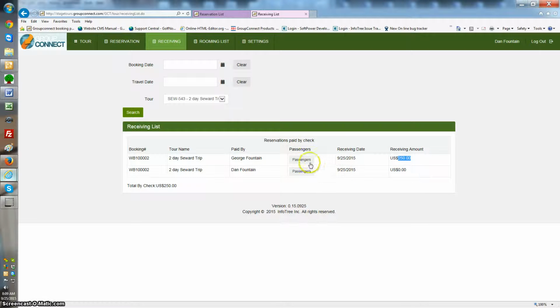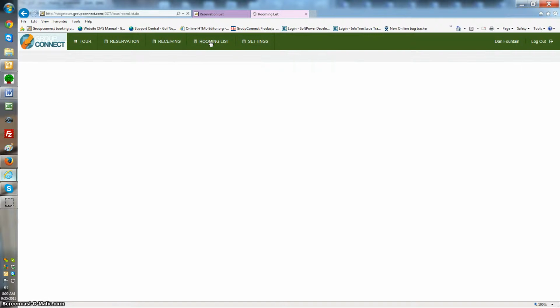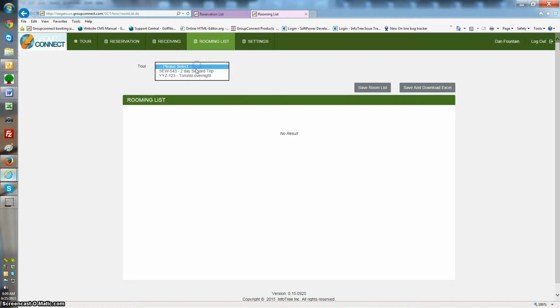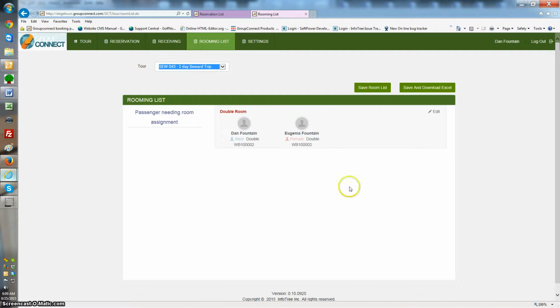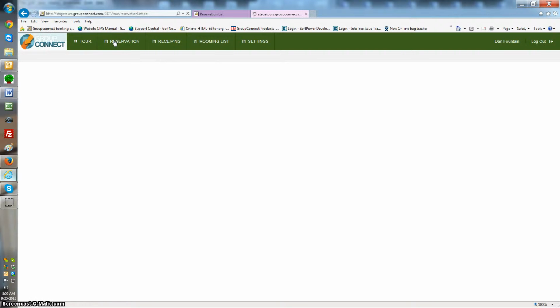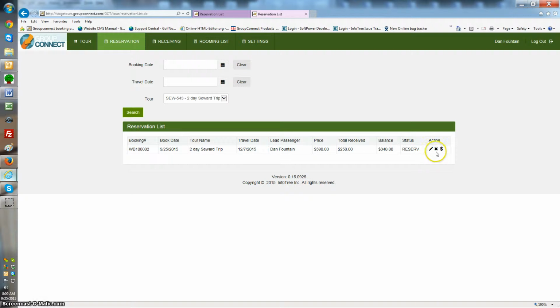The dates that I received it, the date it was made. Who is the passenger? If I do a rooming list, and I pick that tour, you will see that these two are roomed right now together. And as they build, they'll add, and I can move people from one room to another if need be. And it's that simple. So we can find a reservation, we can edit the reservation, we can cancel the reservation. It's very simple and easy,